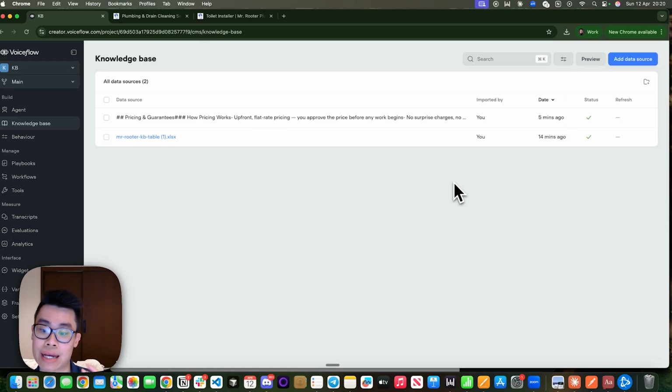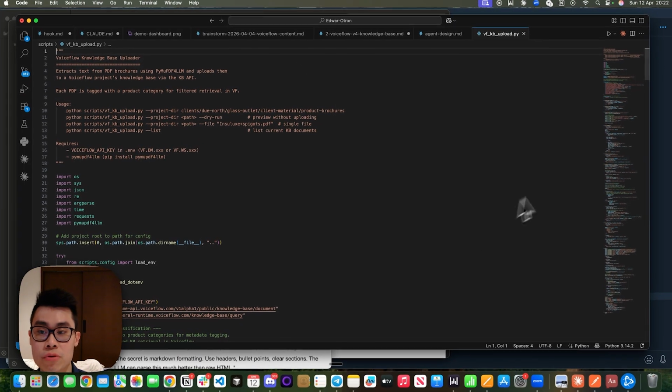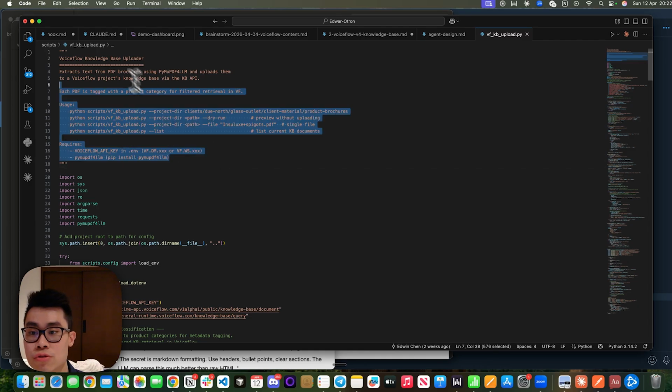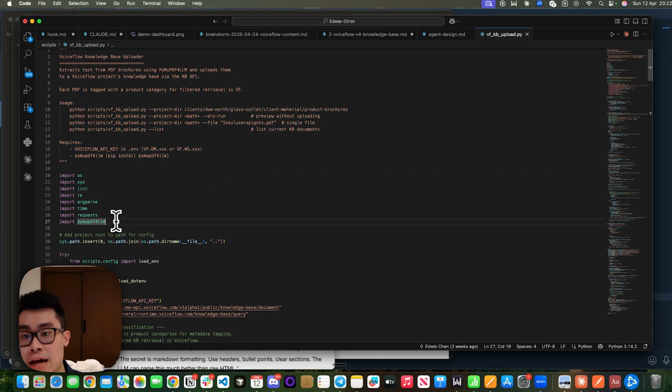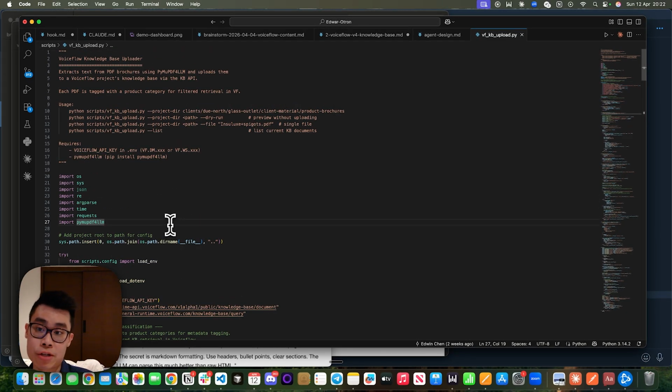But what if you have like 1,000, 2,000 documents that you want to upload? Then you're just going to be clicking buttons forever, right? To solve this issue, you can do this programmatically, aka using Python scripts and programs to automate this entire process. As an example, this is what a Python script actually looks like. So this actually uploads into the Voiceflow document. It's using a library called PyMuPDF4LLM. It's a really useful Python library to be able to extract information from a PDF into text data,